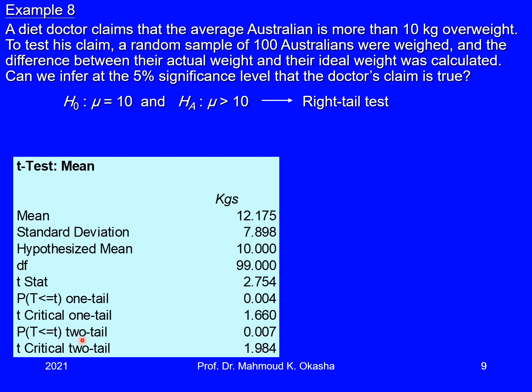The p-value for two tail is 0.007. The t critical two tail is 1.984. What can we conclude from all these results? Those are the results of Microsoft Excel by analyzing the data. By the way, here,